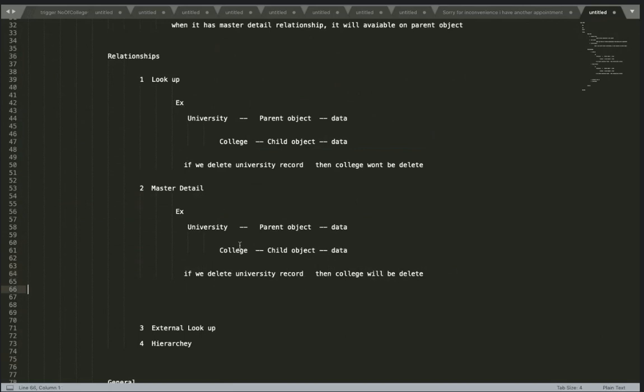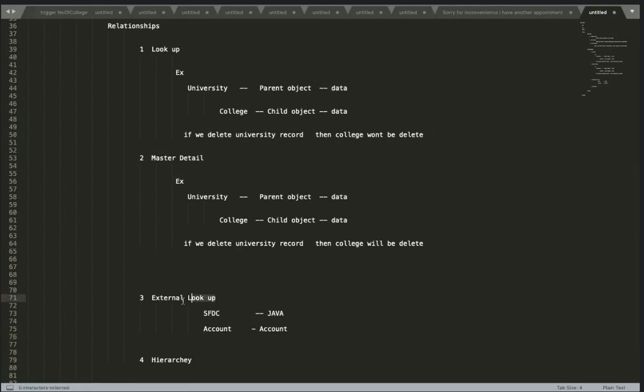Okay. External lookup, in the sense you are integrating or configuring one of our Salesforce system to any third party system. For example, SFDC is our system. Java is a third party system. Both the systems have account object. And you want to get the data from one system to another system. You do that with external lookup.